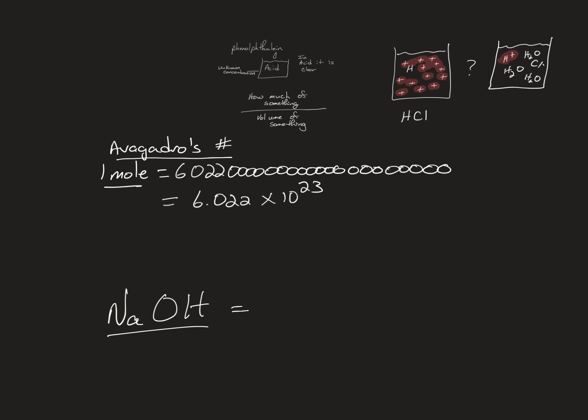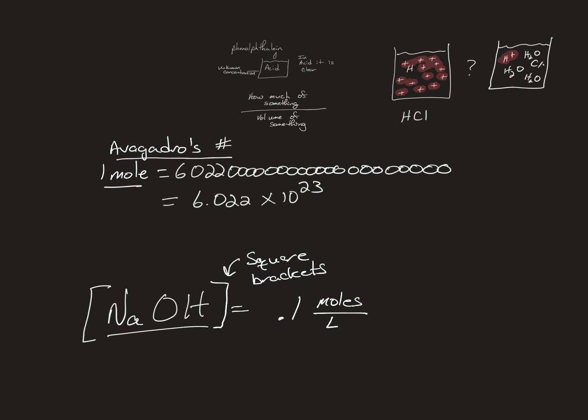We write concentration by putting square brackets. Square brackets mean concentration. So if I tell you that this is 0.1 moles per liter,